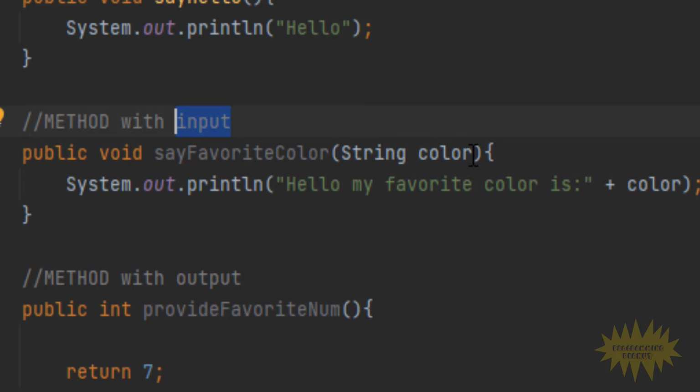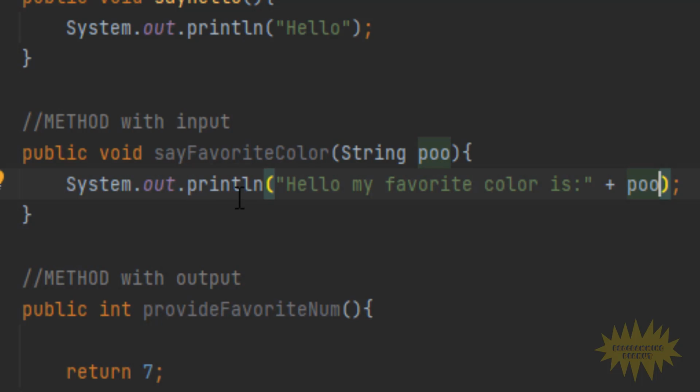So as you can see here, if you want your method to require an input, you must specify the data type, and then you just come up with a variable name for whatever input you want the person to include. So see how here I named my variable color? That's because I want the user to provide a color. But you could really call this whatever you want. Okay, this is just a variable name, and then